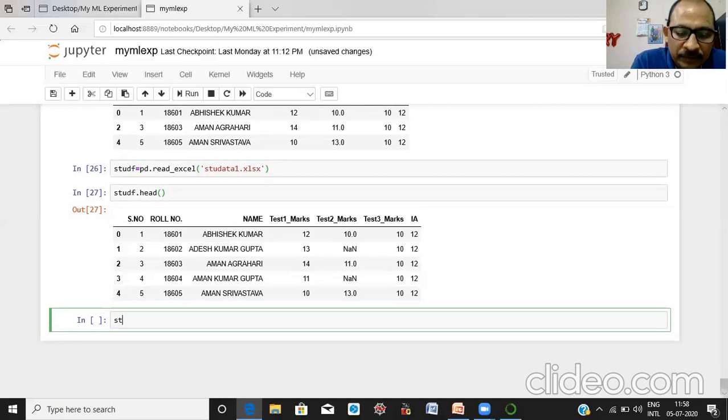Name of the data frame, method is fillna. Now here you supply value, suppose 0.